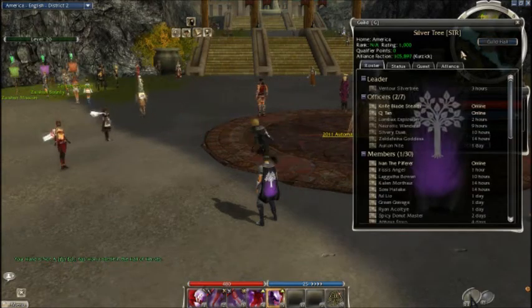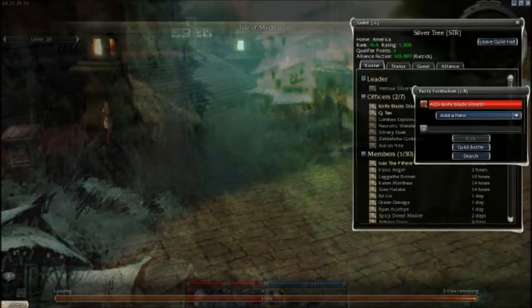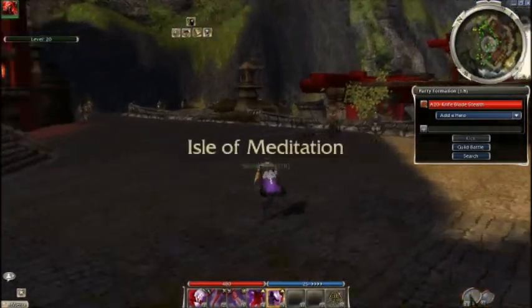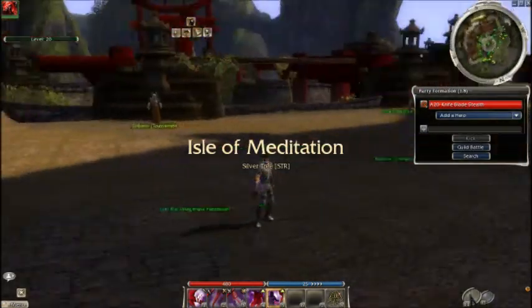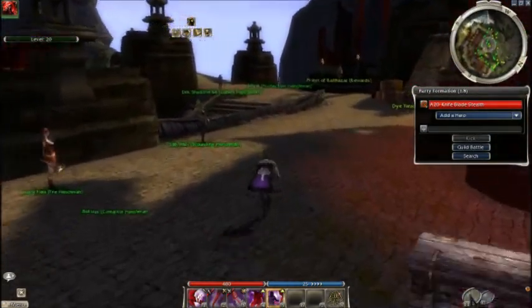You have a guild hall. Every guild should have a guild hall. It's up to the guild leader to buy the guild hall and add all these updates and all these NPC units. They have the option to buy all those so you can access them. But